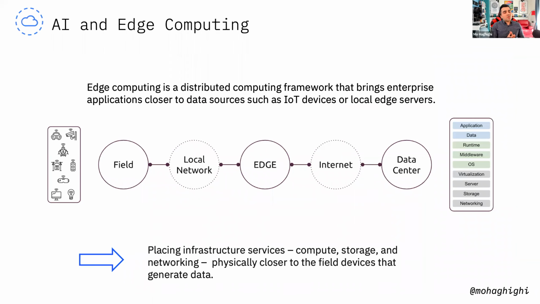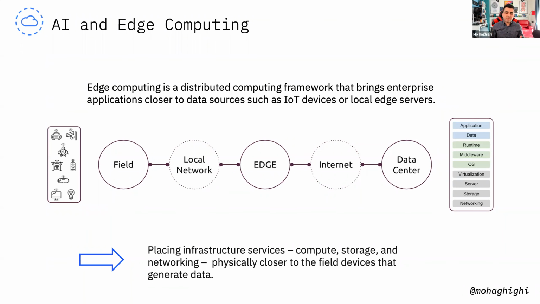If I want to start my talk, I would like to focus on AI and edge computing. When we talk about edge computing, it is basically a distributed computing framework that brings enterprise applications closer to data sources. And that's the most important feature of edge computing. And when we talk about data sources, we are basically referring to IoT devices and local edge servers. So the purpose is basically placing infrastructure services such as compute, storage, and networking physically closer to the field devices